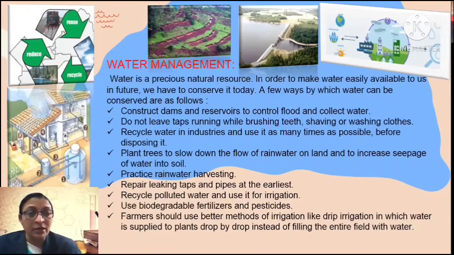Instead, encourage the use of biodegradable fertilizers and pesticides. Farmers should use better methods of irrigation like drip irrigation and sprinkler irrigation, in which water is supplied to the plant drop by drop instead of filling the entire field with water.